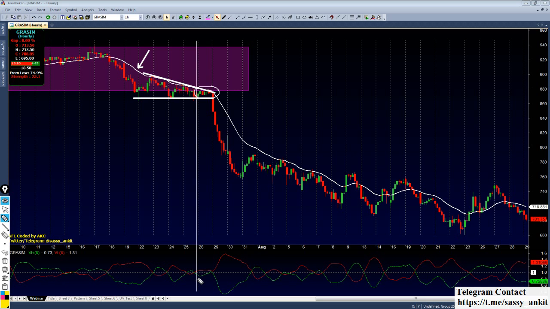Observe very carefully. This was my white line, and my green line, that is the buyers' value, fell that much, whereas my red line fell that much. When the difference between the red and the white line and the difference between the green and the white line, when this distance is higher, this means buyers are weak. When the reverse situation happens, and this normally happens during breakouts, you will not see such things happening like here. So let's find out.